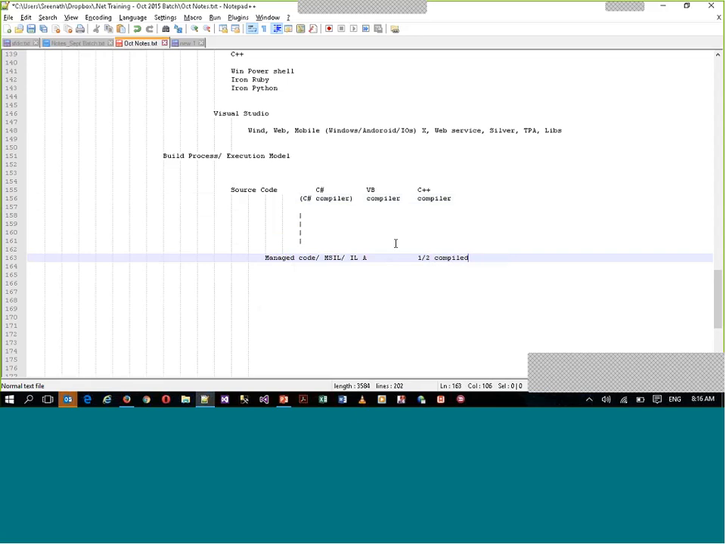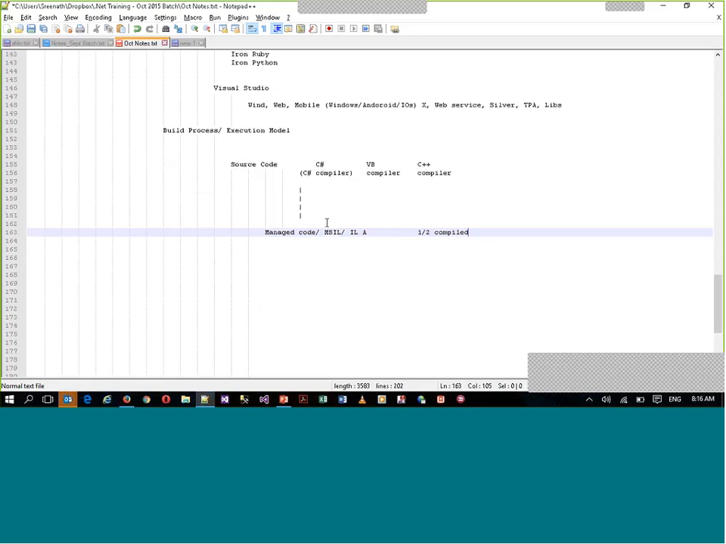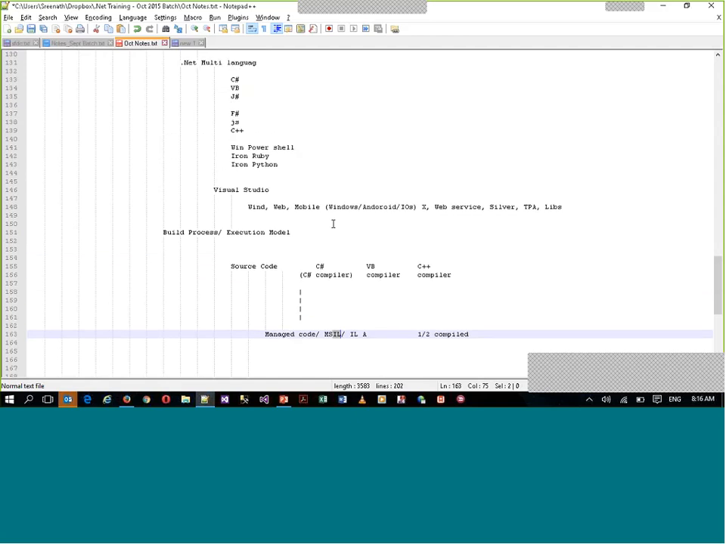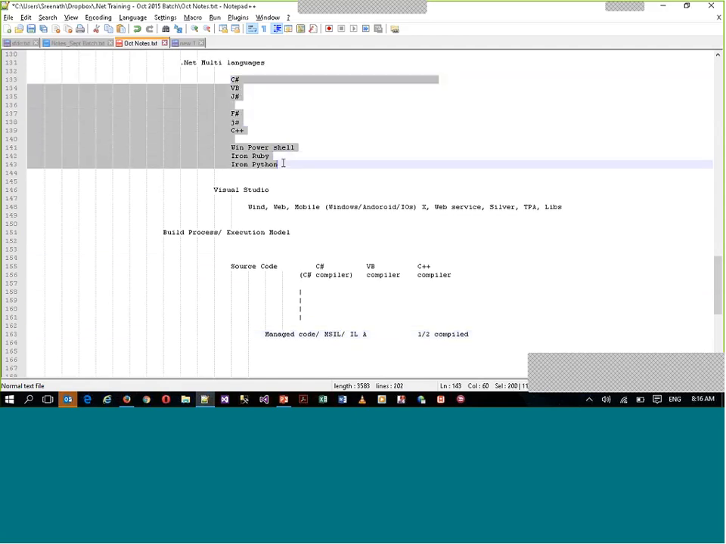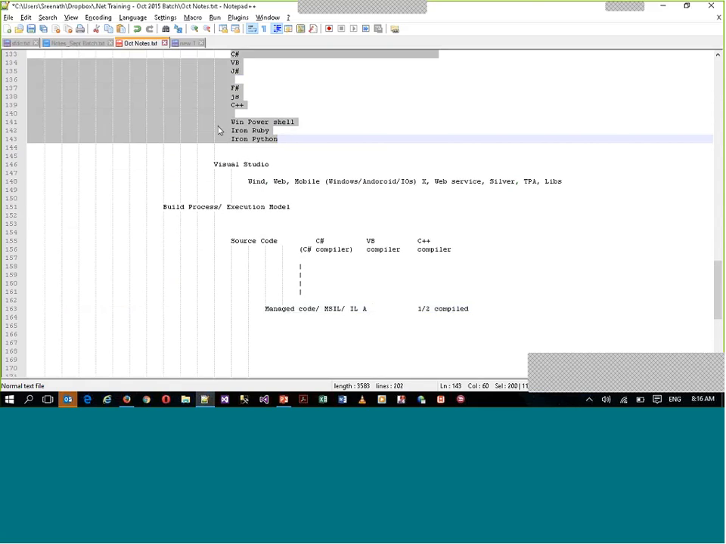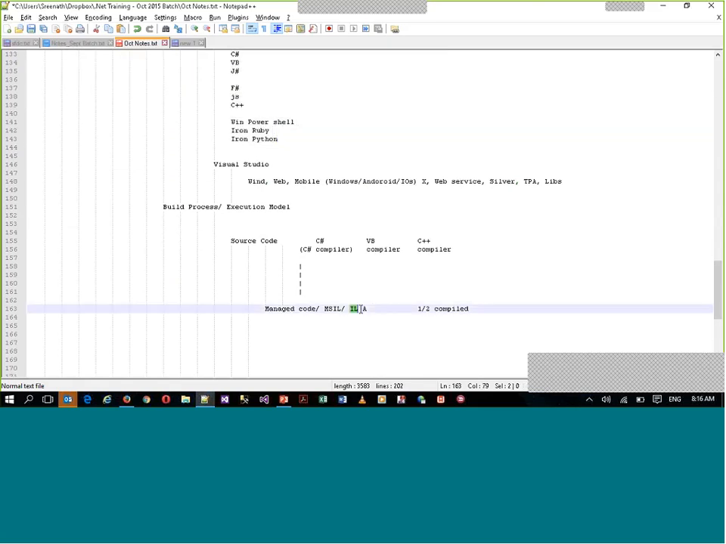The complete compilation is not done yet. So when I say intermediate language, what does it mean? When we are talking about multiple language support in .NET, internally .NET has one specific language which it can understand. Whatever programming language you are using, there is a compiler to convert it into something called MSIL, which is called Microsoft Intermediate Language, or Intermediate Assembly Language, or managed code. So this is called half compiled